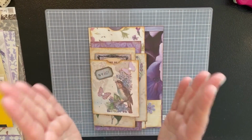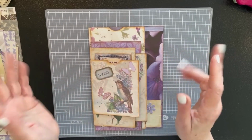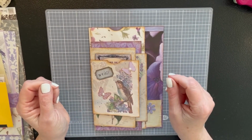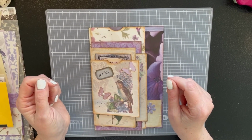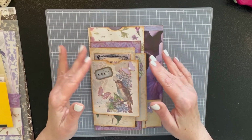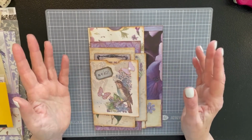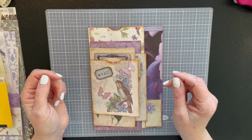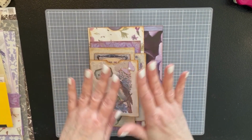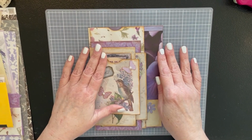But one of the reasons I had to go and get some stuff, not as much as I bought, was for this new project that I'm working on. It is a new junk journal, and my theme is going to be lavender. Not just lavender, the herb or the flower, but lavender, the color, or violet or purple. All of those shades of lavenders and purples are going to be in